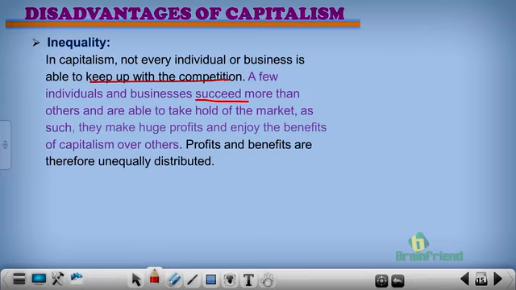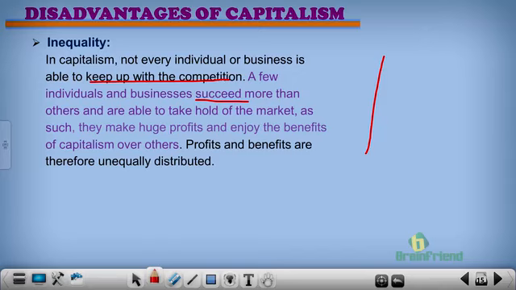Now, these ones that are successful, in one way or the other, take hold of the market. They become a household name. Everybody wants that product. Everybody wants to use that product. As a result, they become very successful and are placed up there. Now, them being placed up here, and the others who are not even being recognized, who are not even known, and their products are not really used, are below.